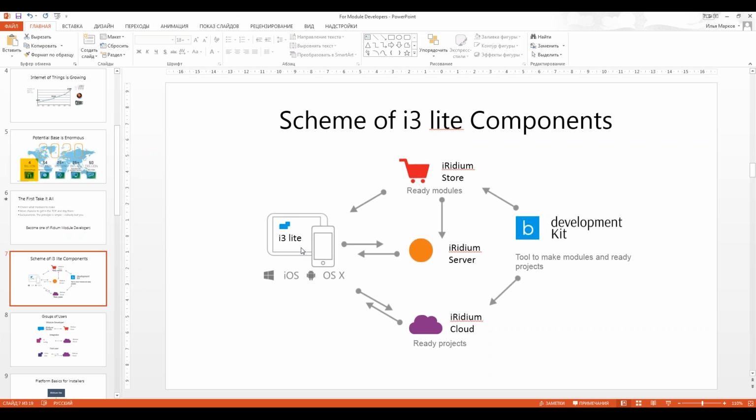In that project, all logic will work on iRidium server, and it will work all the time. And on his panel, tablet or phone, all scenarios will work because they are located on iRidium server.